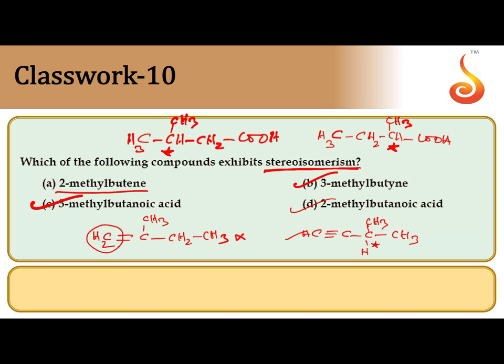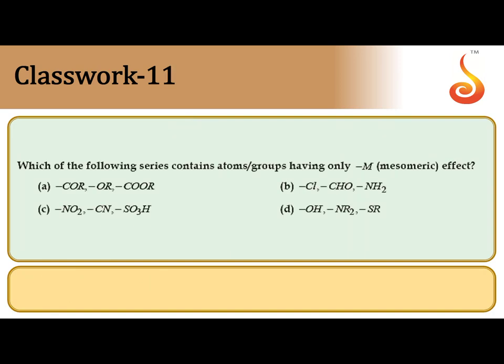So now better to change the question: which of the following compounds cannot exhibit stereoisomerism? Now the correct answer is A. This is given wrong. Next, which of the following series contains